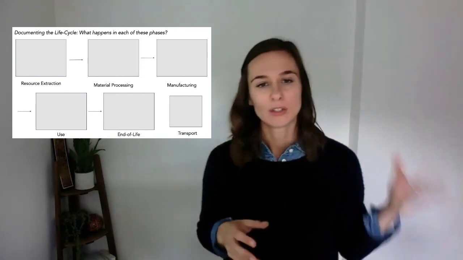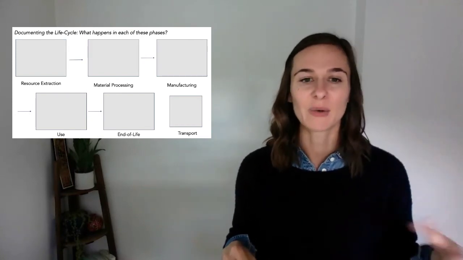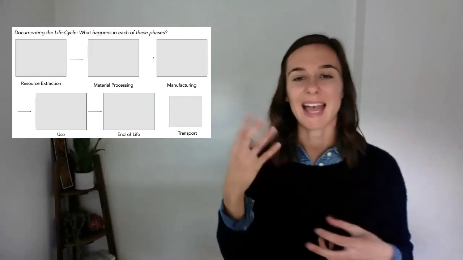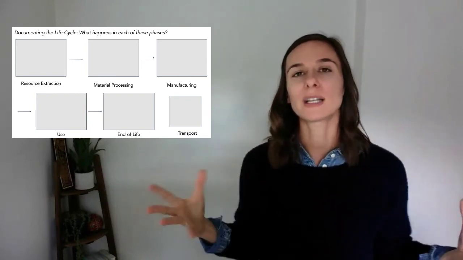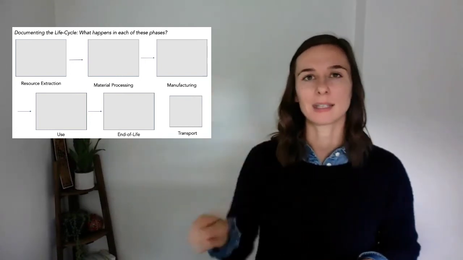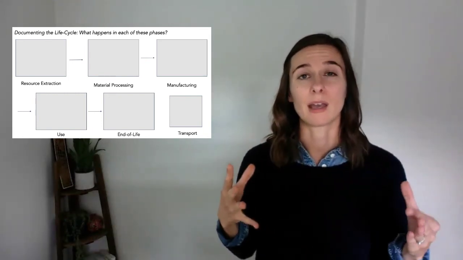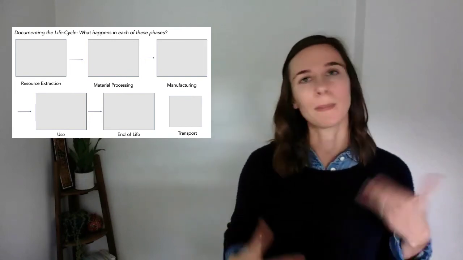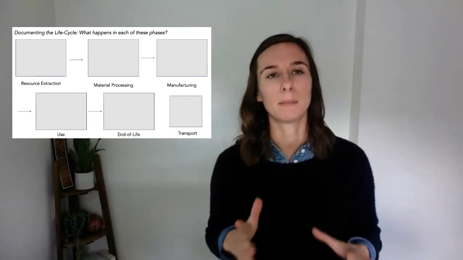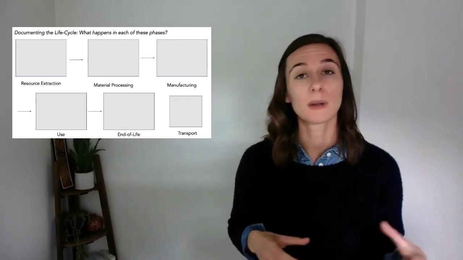So that was a lot. How do you even get started? If I were you, I would start thinking about this process of documenting the life cycle. So start with this framework of core steps: resource extraction, material processing, manufacturing, the use phase, end of life, and transport. Just for whatever it is that you're studying, be it a product or a service, what is happening in each of those phases? Just start by listing out your best guesses in each of those phases. And that gives you a starting point to say, okay, just based on what I know, my gut intuition, where do I think the biggest inputs or biggest impacts are? Maybe it's really clear that it's in that use phase. Maybe it's super clear it's in the end of life.